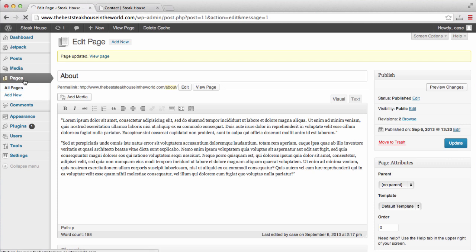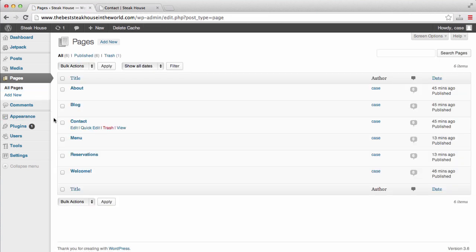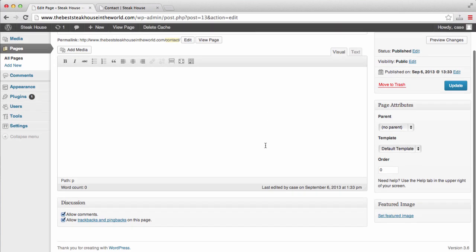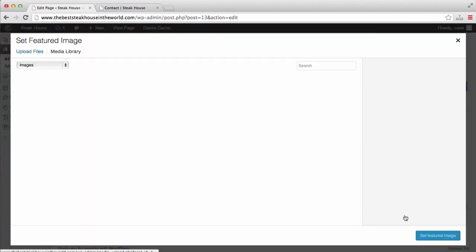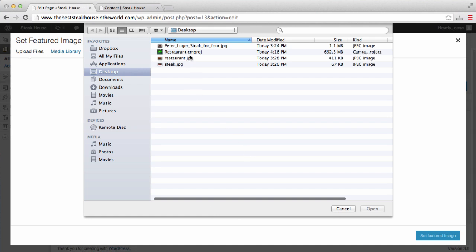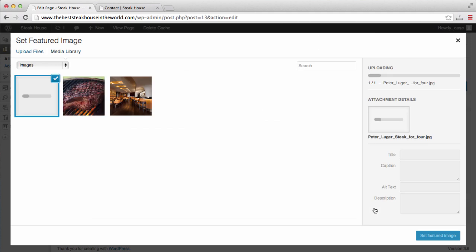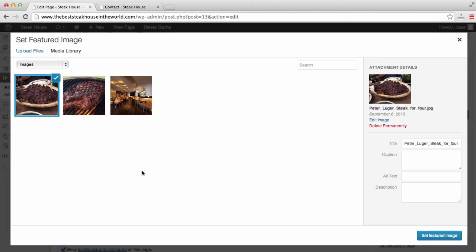Let's go back to our pages. Let's go to contact, and let's set a featured image. So I'm going to upload a file here, select it, and it's actually a photo I just took from Peter Luger. Like I said, Peter Luger is one of my favorite steakhouses. So grab this photo, and here it is. Let's make sure that is selected, and let's click set featured image,